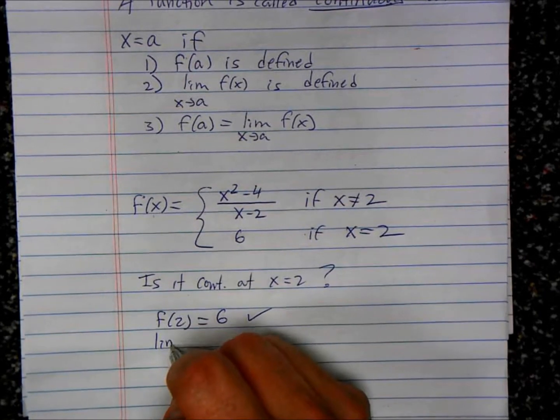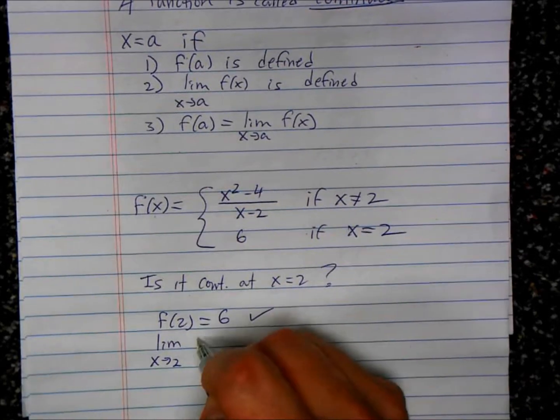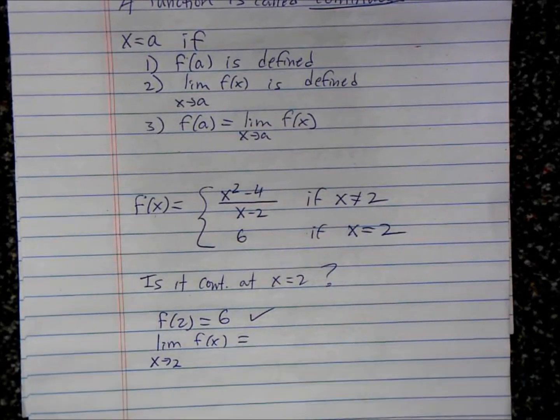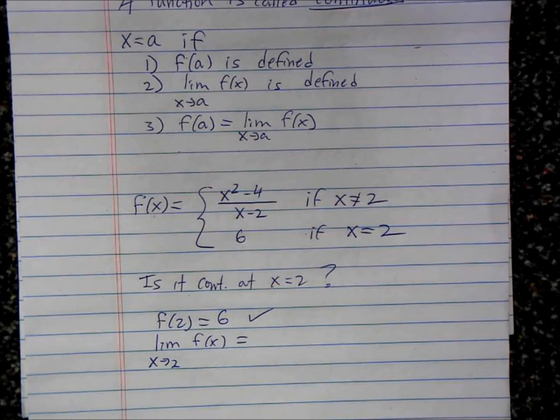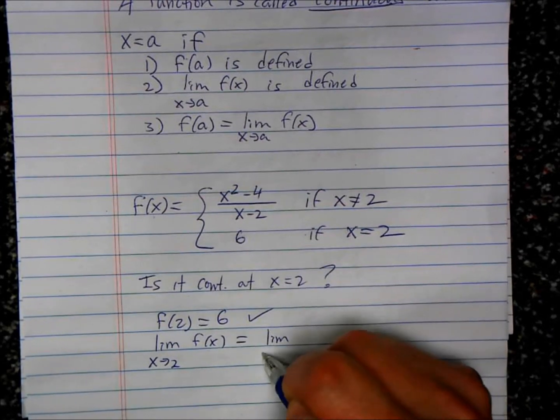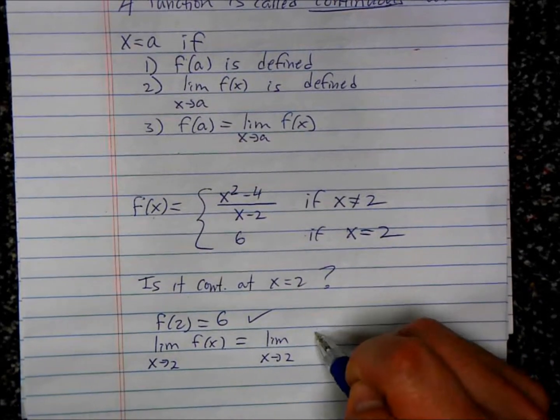What's the limit as x approaches 2 of f of x? I hear a vote for 4. I think I agree with the answer 4. And how did you get it? Yeah. I took the x squared minus 4 and I split it up into x minus 2 times x plus 2. And then I figured out there was a common factor, so I ignored it. And then I said x plus 2, 2 plus 2 is 4. Yep. All right, so